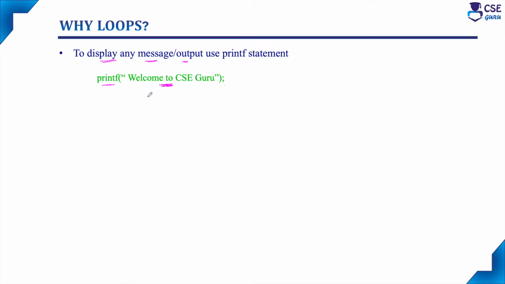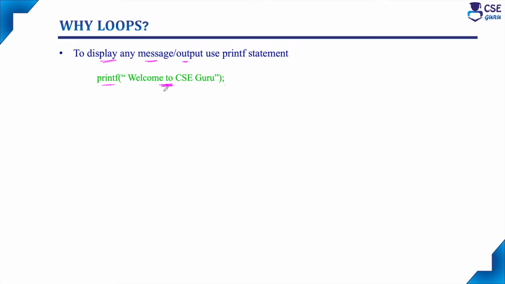Suppose I want to display this message 3 times on the output screen, I have to use the same printf statement 3 times. Suppose I want to display the message n times, so the n value may be 10 times or 100 times, then you need to type this same printf statement 10 times